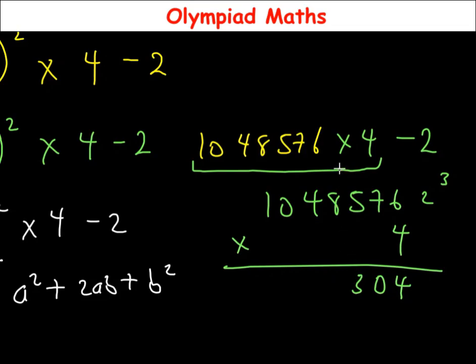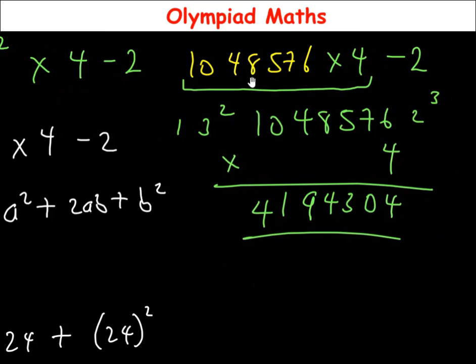Write down 3, then carry 2. 4 times 8, 32, plus 2, 34. So write down 4, then carry 3. 4 times 4 is 16, plus 3 is 19. So 9, carry 1. 4 times 0 is 0, then plus 1. 4 times 1 is 4. So the value that we got when we multiplied 1,048,576 times 4 is